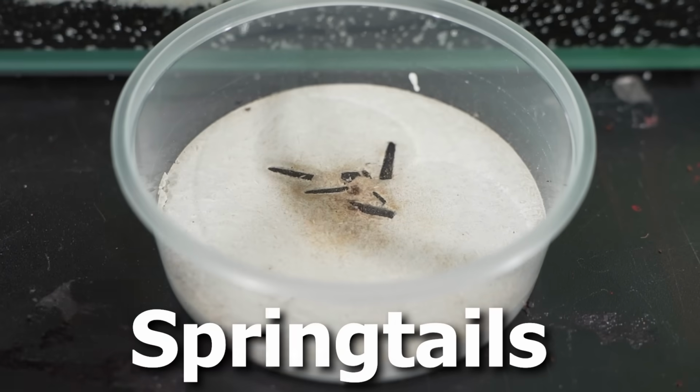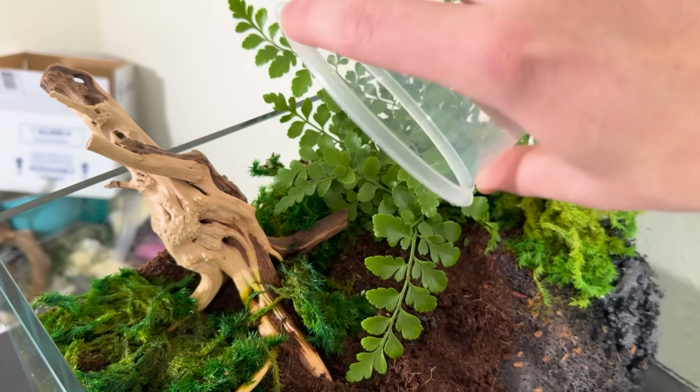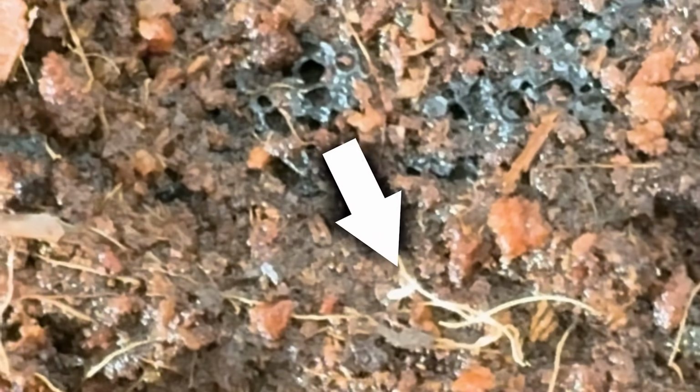These are springtails, which you may have seen before, but I have a cool idea for them this time. They're basically just super tiny white insects that I guess eat mold when it grows in here. And yeah, there's tons of these things in here, so I just dumped the whole container on the land. Alright, I think it'd be really cool to get a time lapse of these little guys eating, and since there's